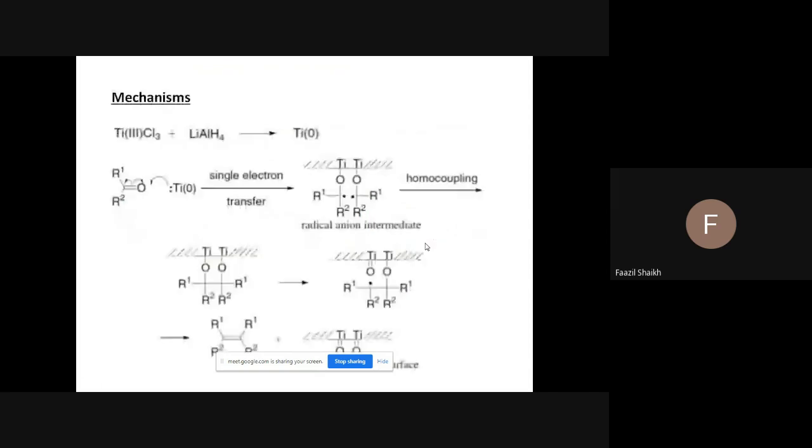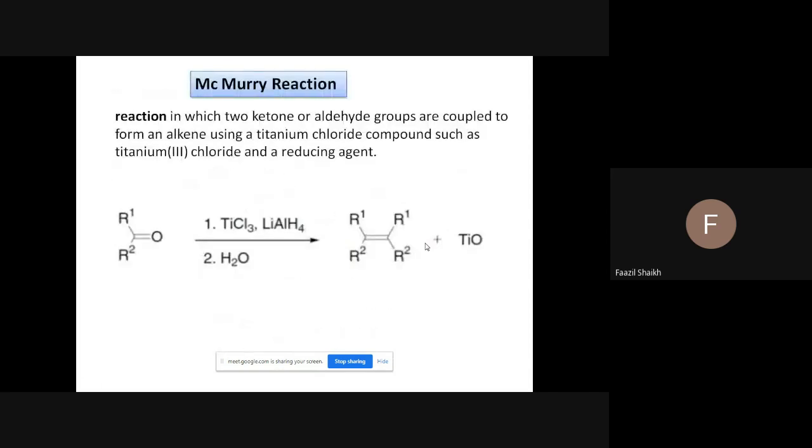What is the meaning of this McMurry coupling reaction? So it is the reaction of two aldehydes or two ketones or one aldehyde and one ketone. We can use two ketones, two aldehydes, or one ketone and one aldehyde, no issue. It is a combination of two carbonyls using such a catalyst, which results in the formation of alkenes or olefins. This reaction was discovered by McMurry, and therefore it is called the McMurry reaction or McMurry coupling.